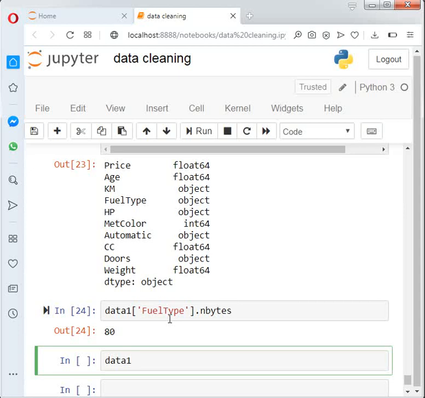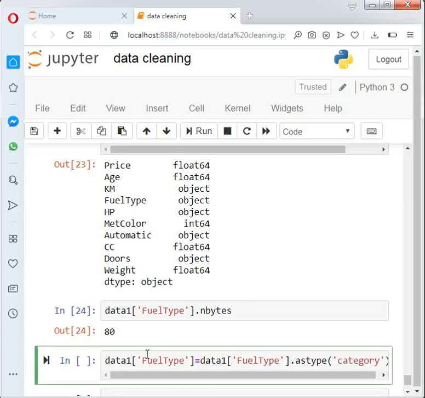I write fuel type equal to data1 fuel type dot astype, which is the conversion, and the data type I want is category.